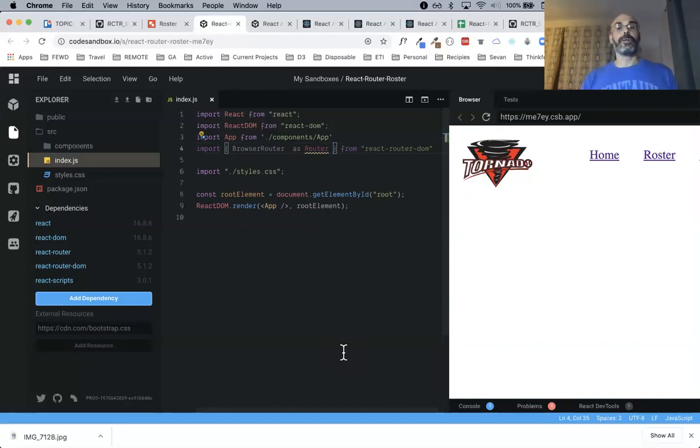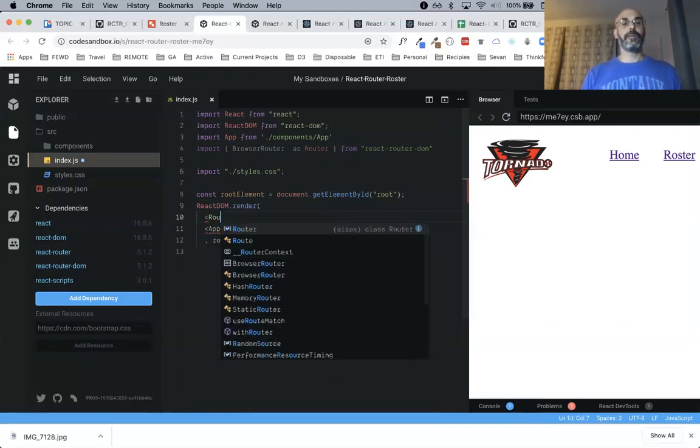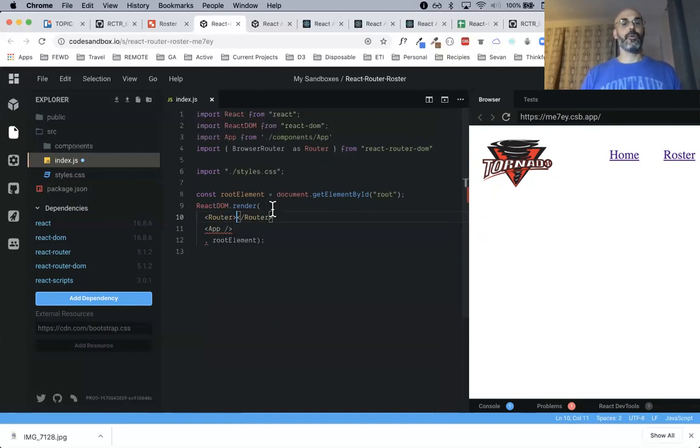Now that I've imported BrowserRouter, I have access to this Router component. I have App here, and I'm rendering App. So I'm going to put this on different lines here, and wrap this in the Router component.